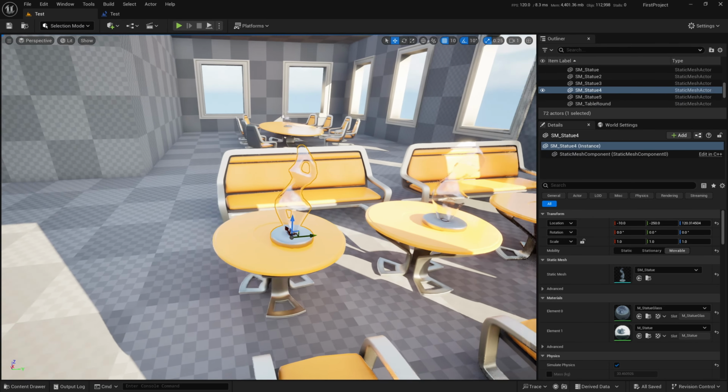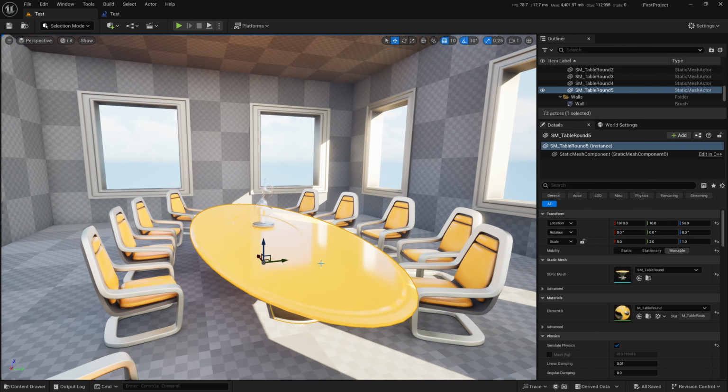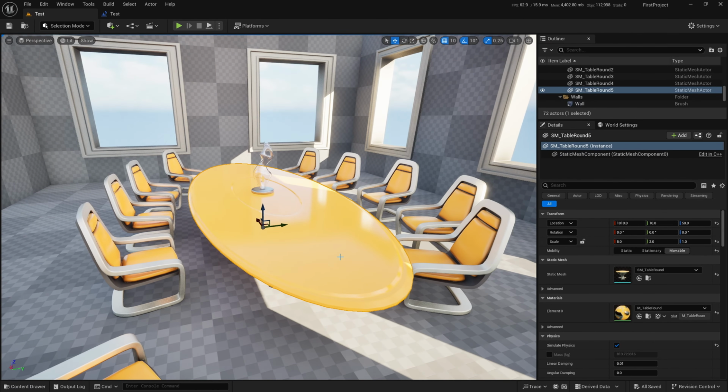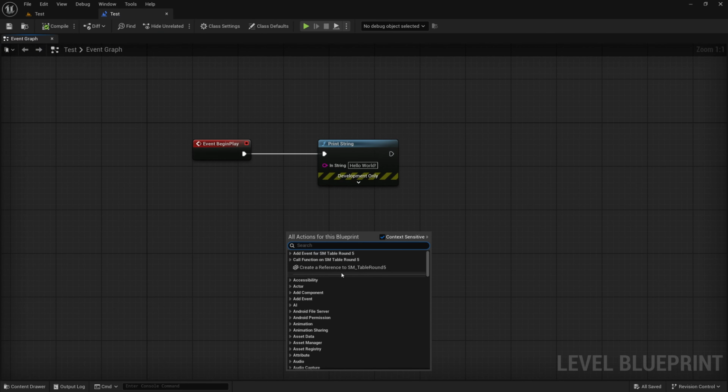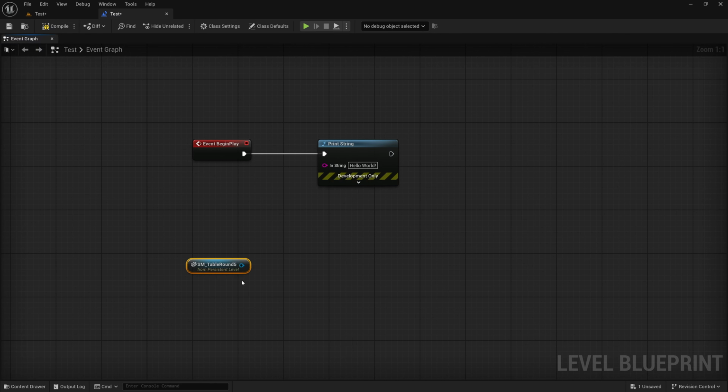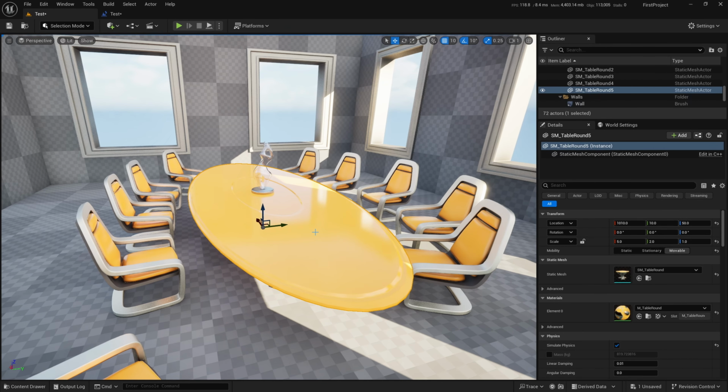I'm just going to show you a quick example. So let me select this long round table, left click to select it, and go back to our level blueprint editor and right click on an empty space, and you can see Create a Reference to SM_Table_Round_5. I left click that, and that gives me a node which stores a reference to an actor in the level, and that actor is this round table